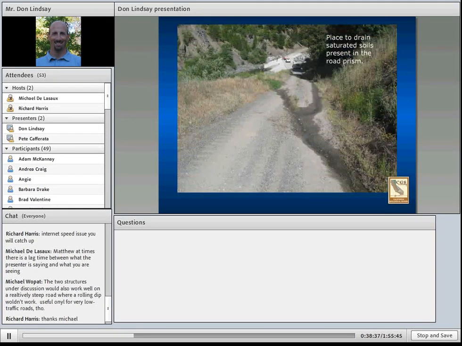Place drainage structures both on the surface and, if site conditions warrant it, in the subsurface to drain wet areas present in the road prism. In this photo, a spring daylights at the foot of the cut slope on the right and travels all the way down the road to a crossing below. Attempts consisting of a cross-drain pipe and a water bar were made to